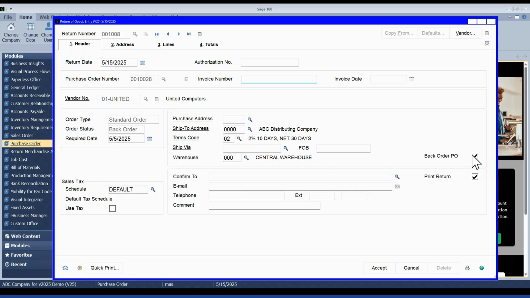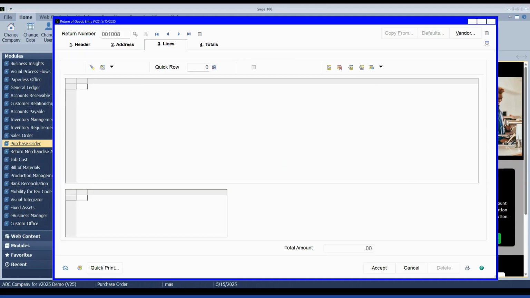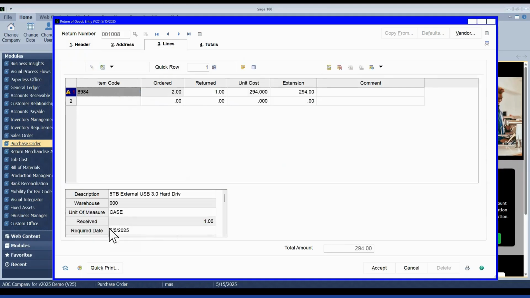So by default, it is going to try to do a back order on that PO, but you can choose either here on the header that, you know what, I'm not going to have any back orders created for this. So I can go ahead and deselect that. And then when I come to the lines, whatever I'm returning isn't going to have a back order created for it.